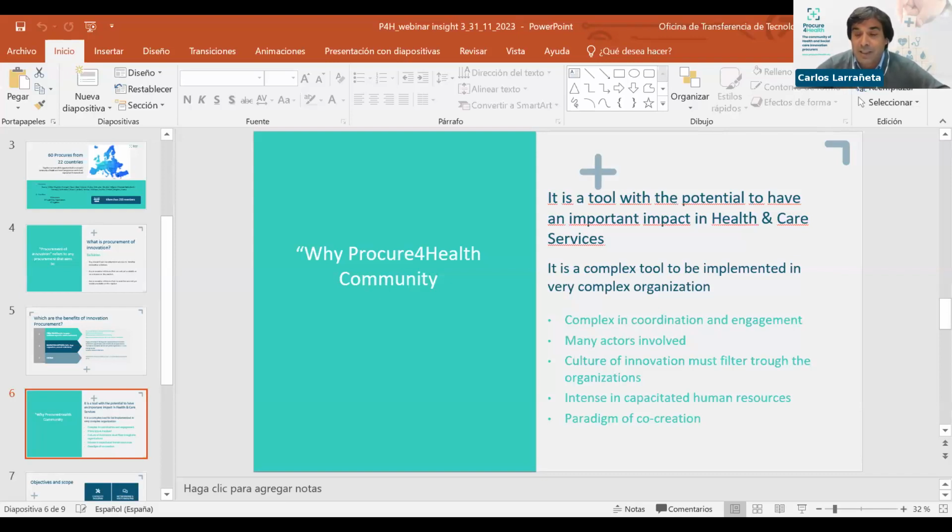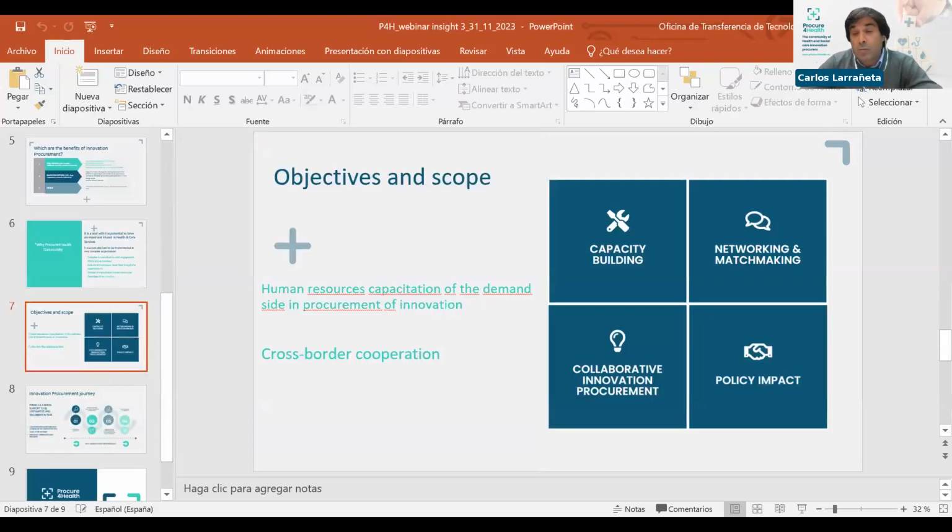So that's the key part. That's the deal here, that we want to incorporate this tool in very complex organizations, which are health and care systems. So what are we doing in Procure4Health? Well, we are